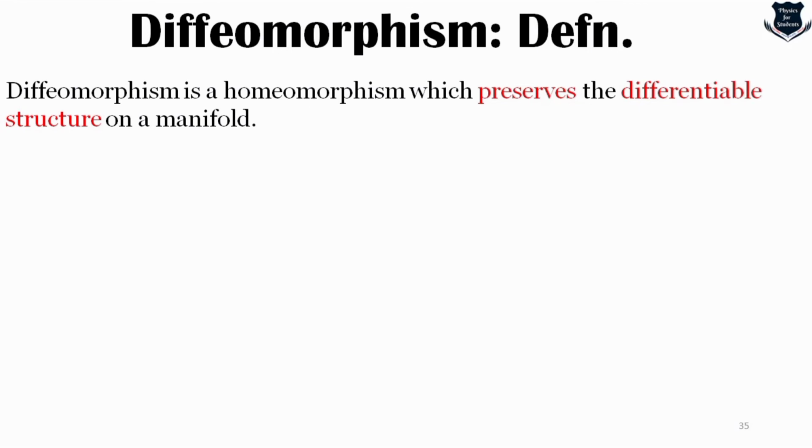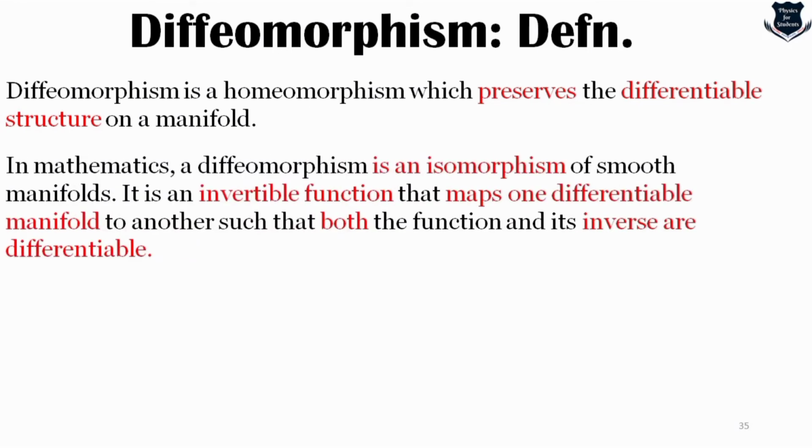We will explain what those are. In mathematics, a diffeomorphism is an isomorphism of smooth manifolds. It is an invertible function that maps one differentiable manifold into another such that both the function and its inverse